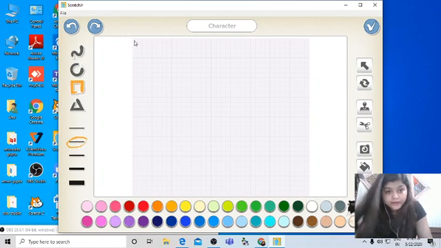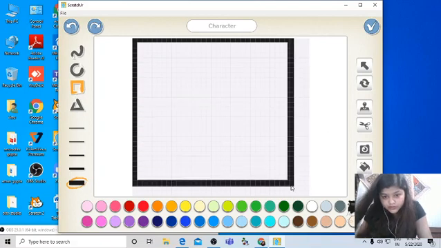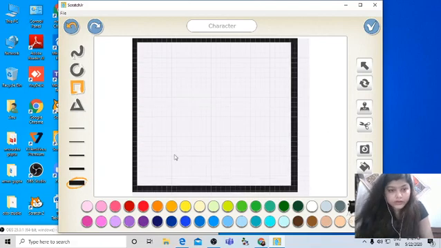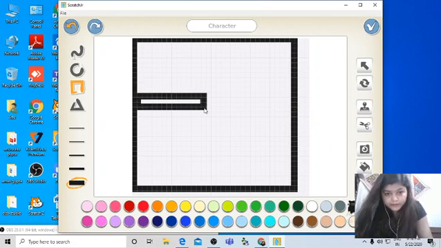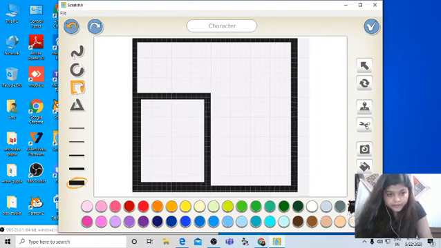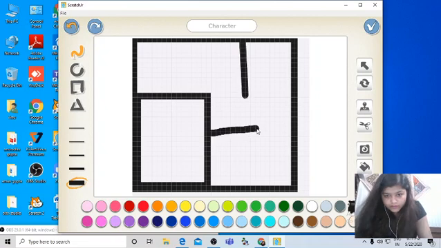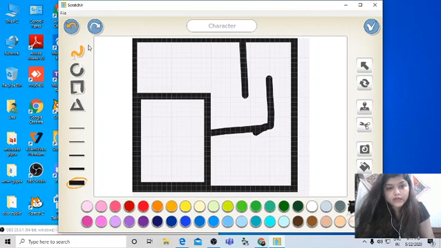So I'm taking the rectangle tool, I'm changing the line width, and I'm drawing my maze. This way, children, you can draw your maze, right?